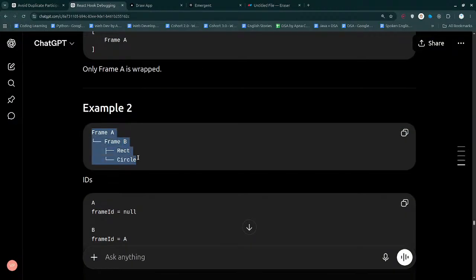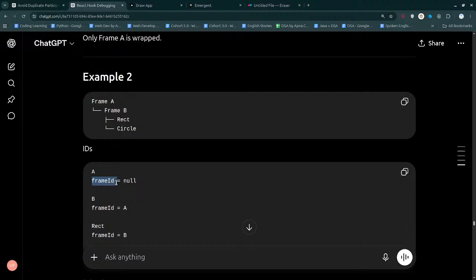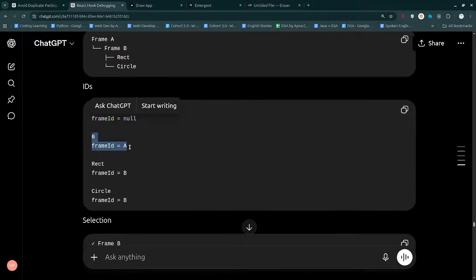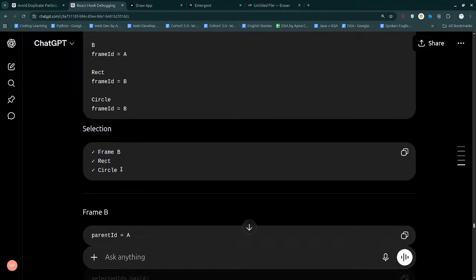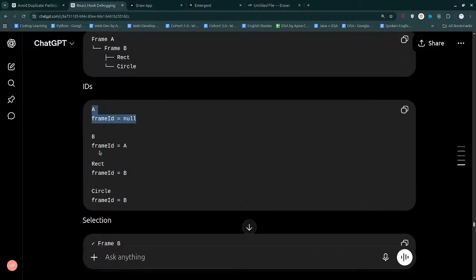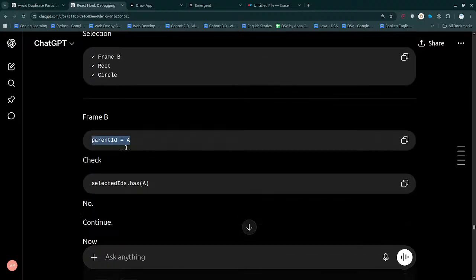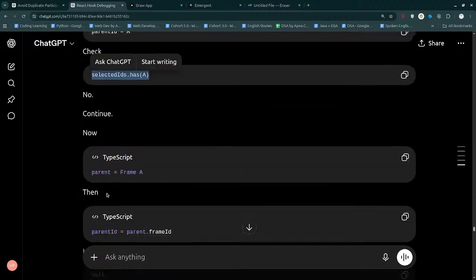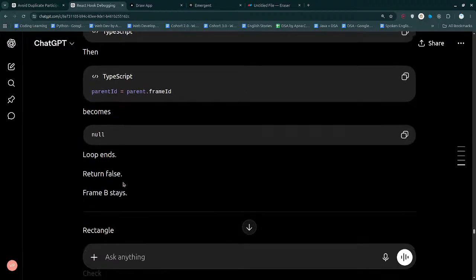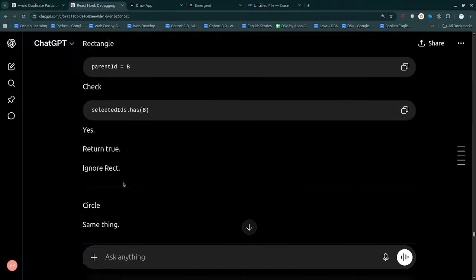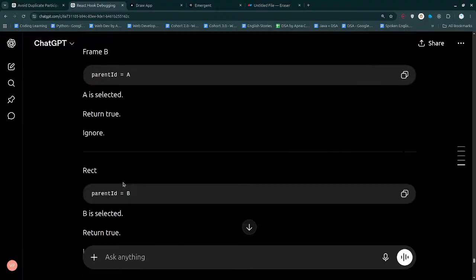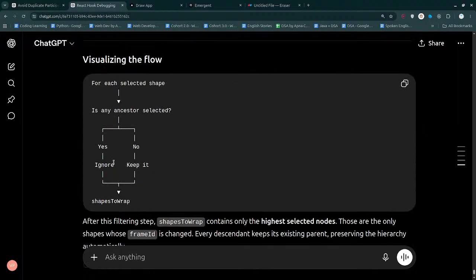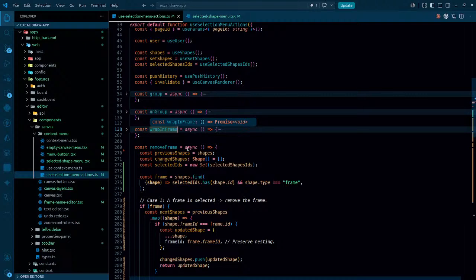So if we have frame A, frame B and this, frame A ID is null, that is right, frame B has A, and the other has B, that is fine. Selection: frame B is selected, rect is selected, circle is selected. If we select frame A, frame B, parent ID A, selected has A, no, continue. Oh, this is too much. Coming back to the main logic here,